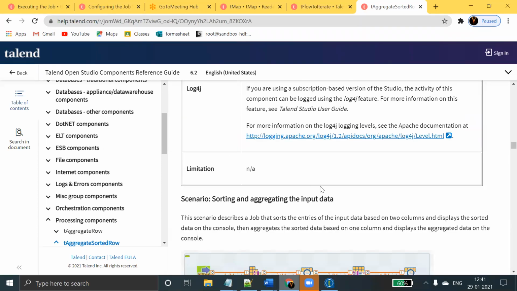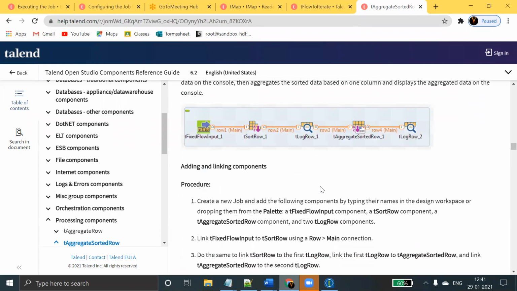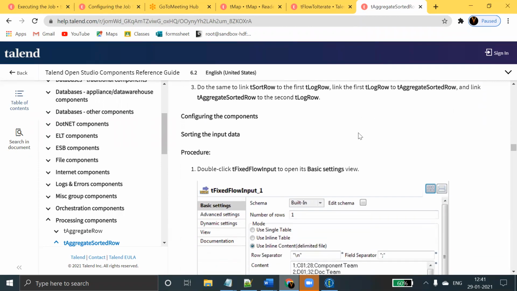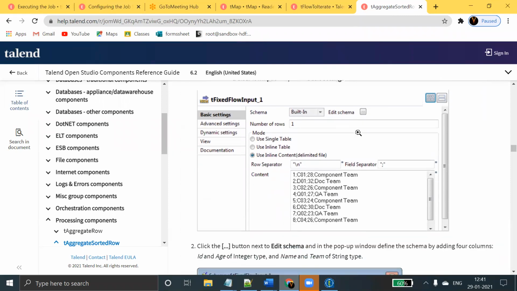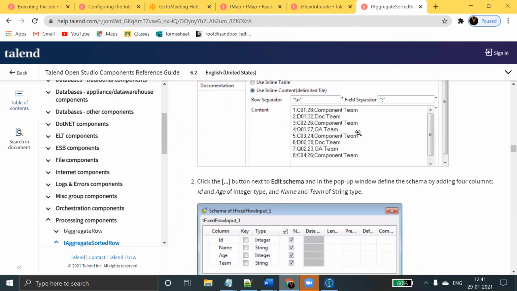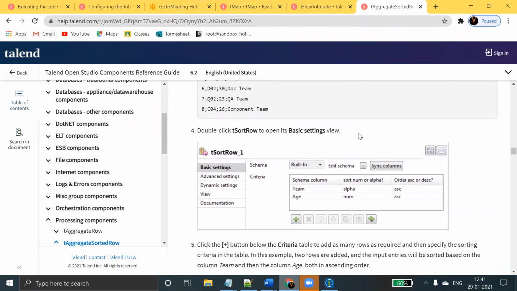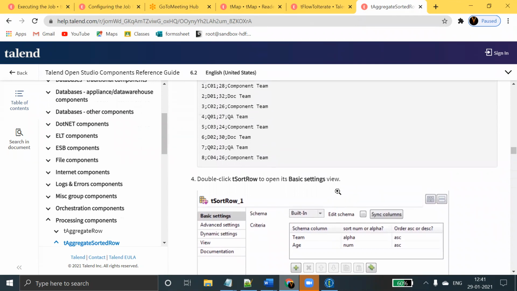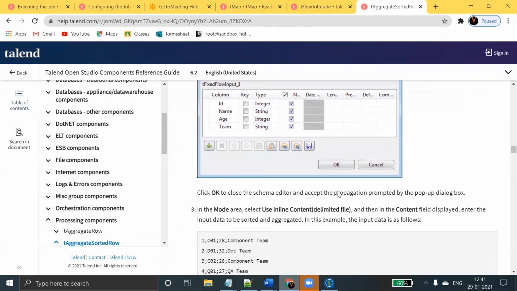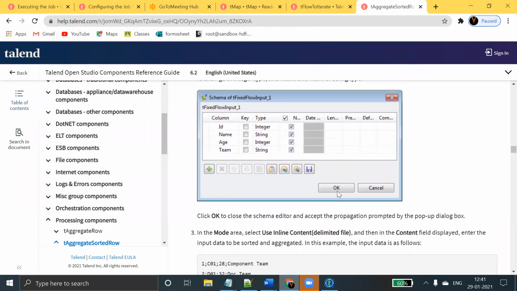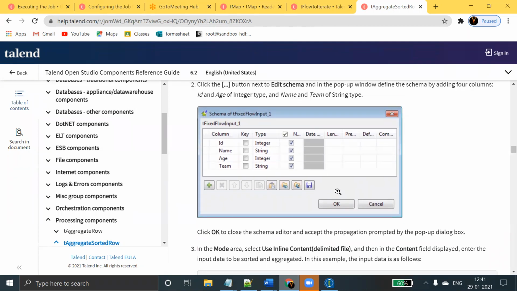To use it, you have to use tFixedFlow, then tSortRow and tAggregateSortedRow, like this. In this column you take the schema of this one, and after that sort based on team and age. So how many columns are there here? Team and age.